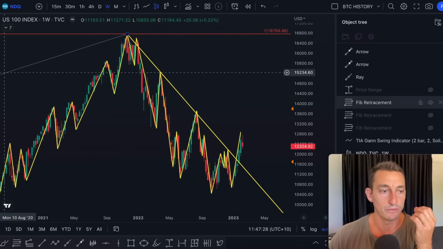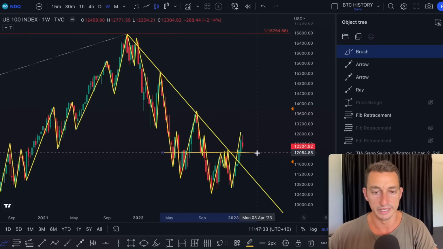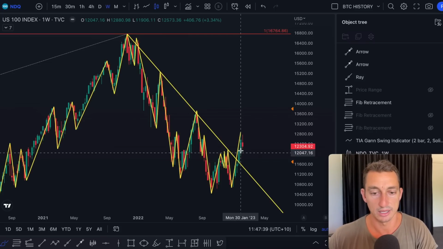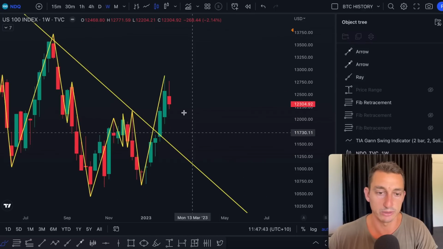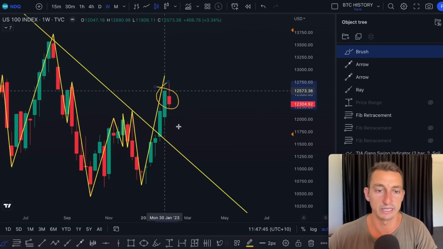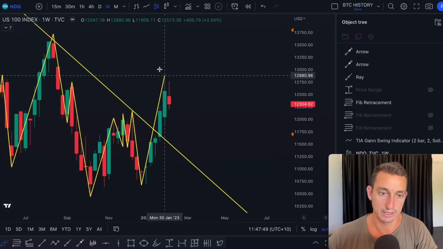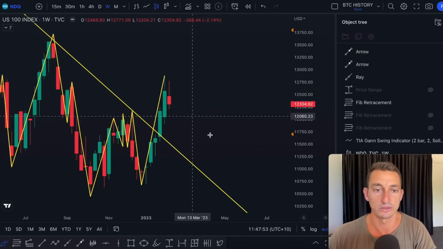These markets have been closing above key resistance levels for the third straight week now. We can see the first week was the beginning of January 23rd, then last week, and now this week as well. Even though it was a red week, meaning we closed lower than last week, we're still above the previous low of last week and still just below the previous high. So basically what Gam would call an inside week.